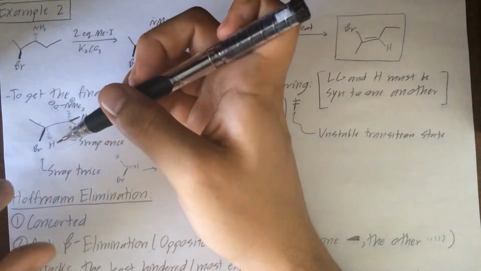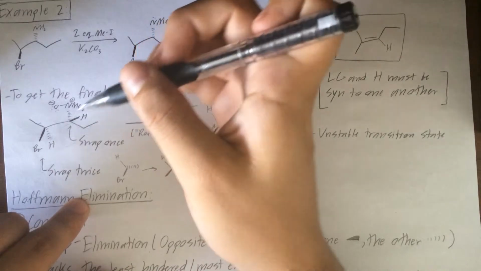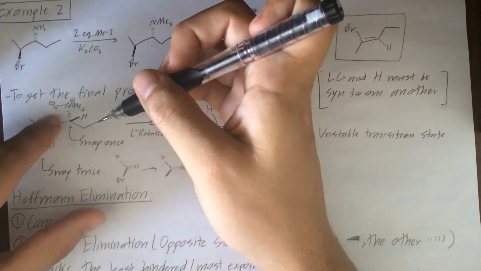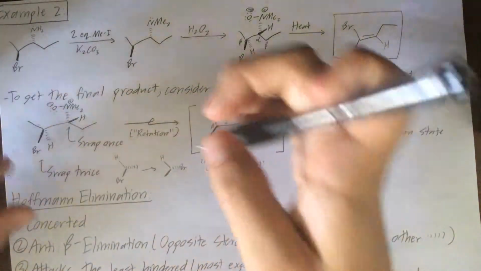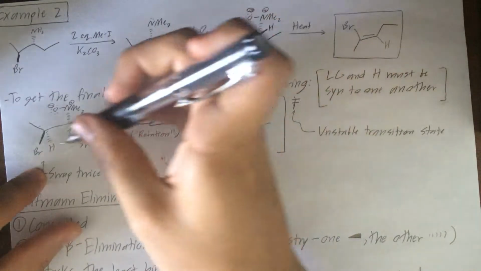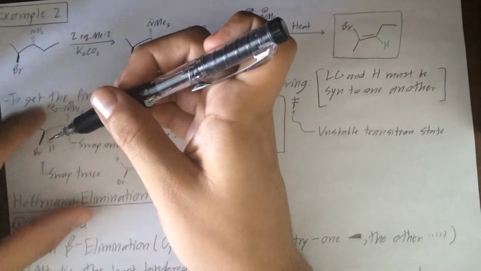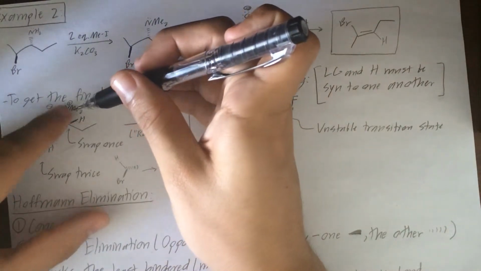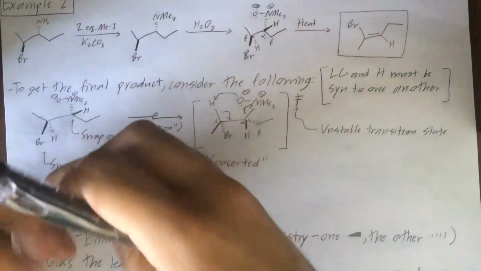For the side of the molecule that involves the beta hydrogen, you have to swap twice, okay? And for the side of the molecule that involves the ONMe2 group, you only have to swap once. So by swapping, I mean this. What we want to have happen is we want the beta hydrogen to be on the plane of the page, and we want the ONMe2 group to be on the plane of the page to avoid any confusion about syn,